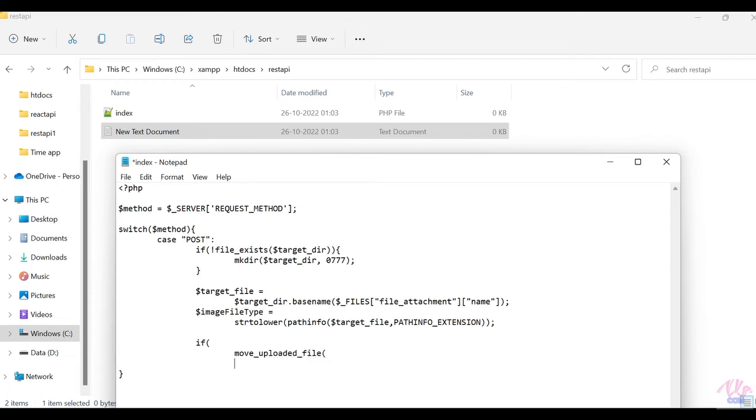Now we use the PHP move_uploaded_file function to get the files and upload them in our directory.